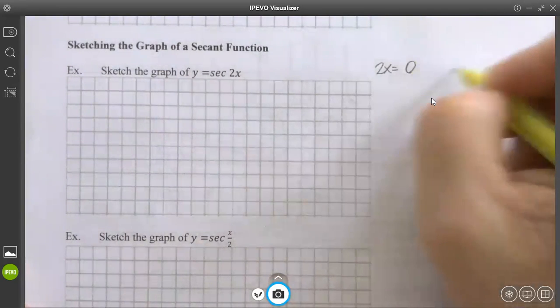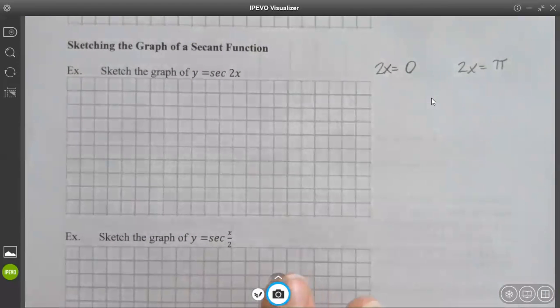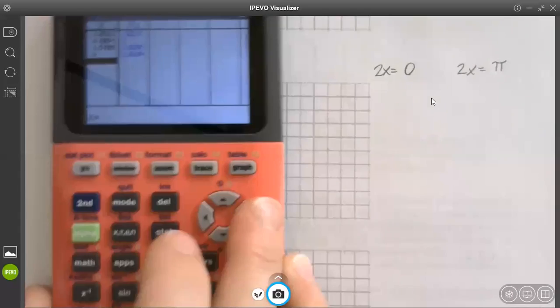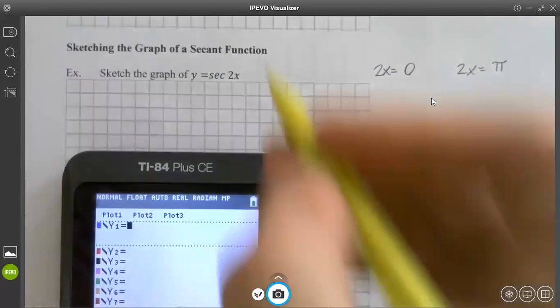We can try. Let's see what happens. Look at this. Secant goes with